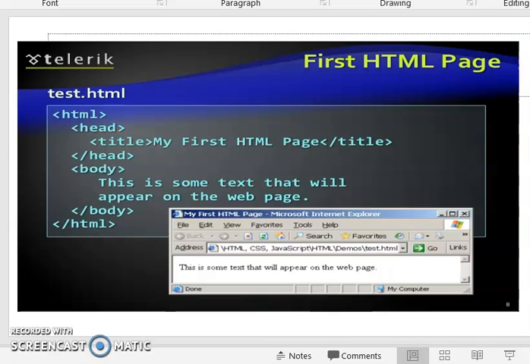Anything that we write within the body tag will appear in the browser. The head tag and title tag are optional tags. The use of the title tag is to display the title in the browser, and the body tag contains the content that appears in the browser.